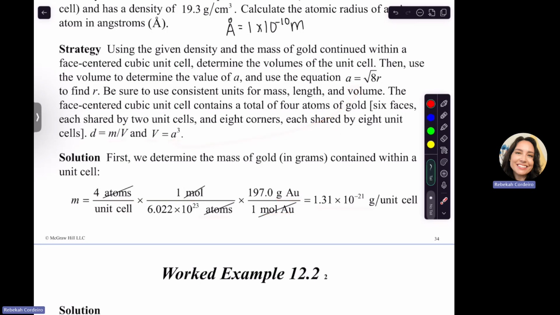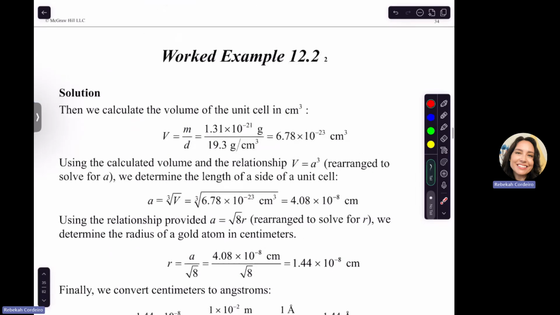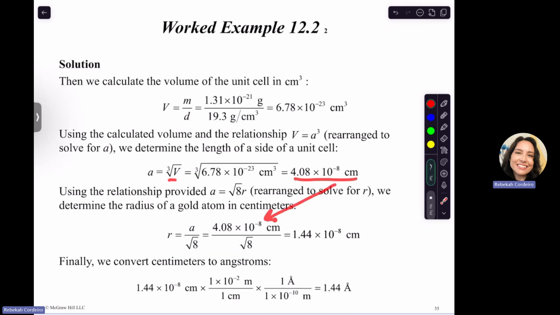And then the next slide will show the answers. All right, so we have our mass. Density is 19.3 given to us. So our volume is going to be this many cubic centimeters. So what's one side? Take the square root of the volume. That's one side. And then we can plug in that one side divided by the square root of 8, and